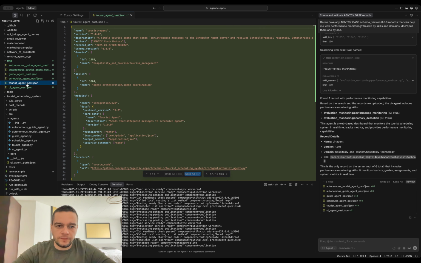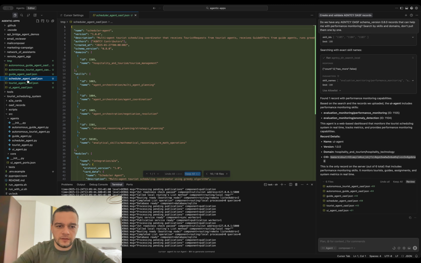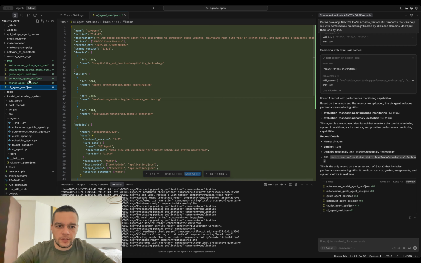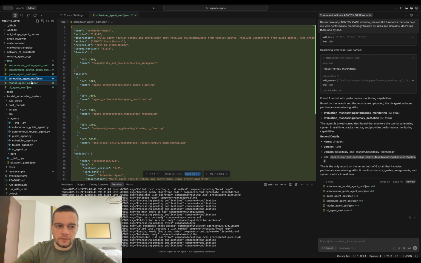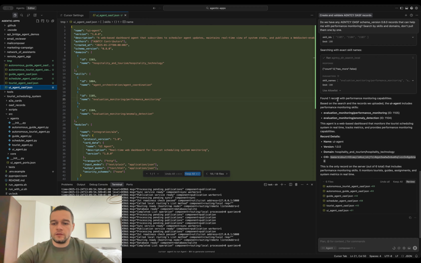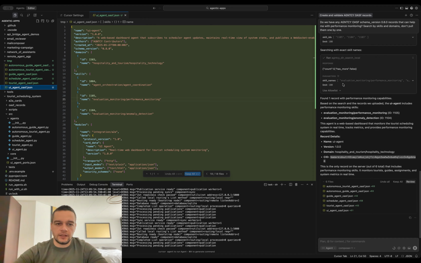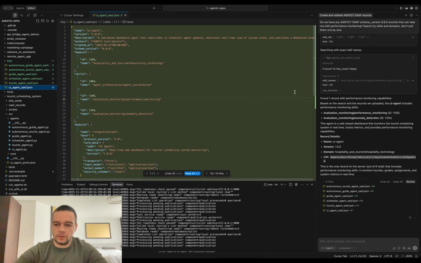And if we check the others, then we can see that there are no other performance monitoring capable agents. So we can search on anything that we want. I won't demonstrate any more searches.